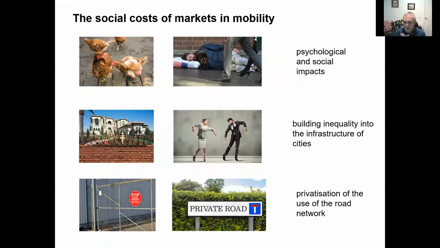Also, mobility based on networked automated vehicles has the potential to make these kinds of experiences ubiquitous. So when we consider the time that urban populations tend to spend in transportation and on the roads, there's a chance that this is going to be a daily occurrence and a daily experience for lots of people.